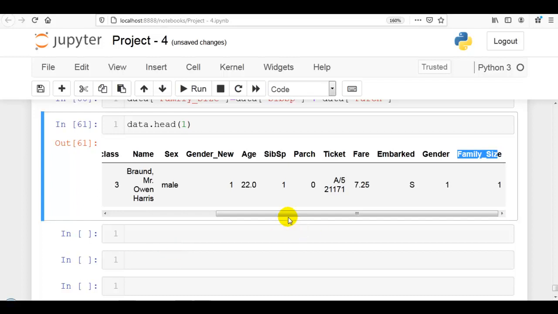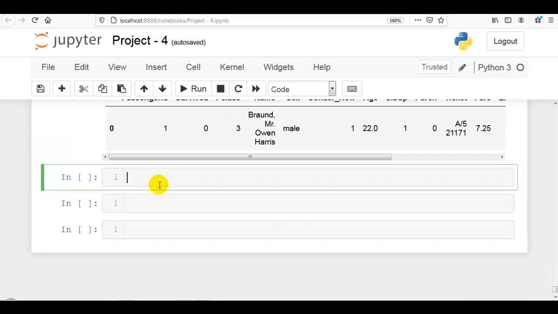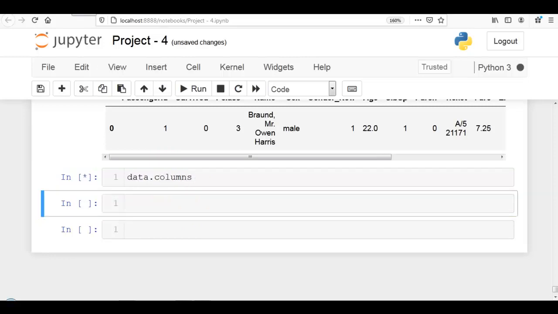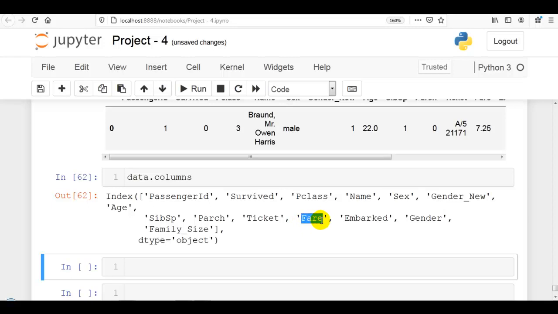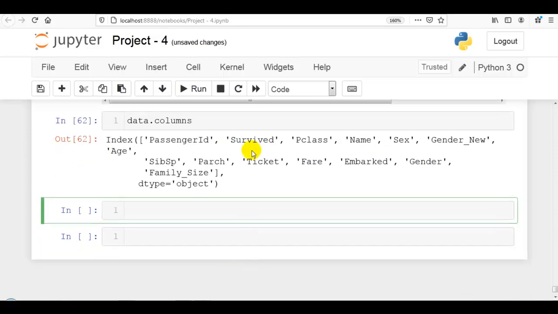Now let me show you another example. Here in this example, we want to find fare per person. Let me display column names. Here this column is showing total fare, but we want to find fare per person. That we can do with data and this fare column.